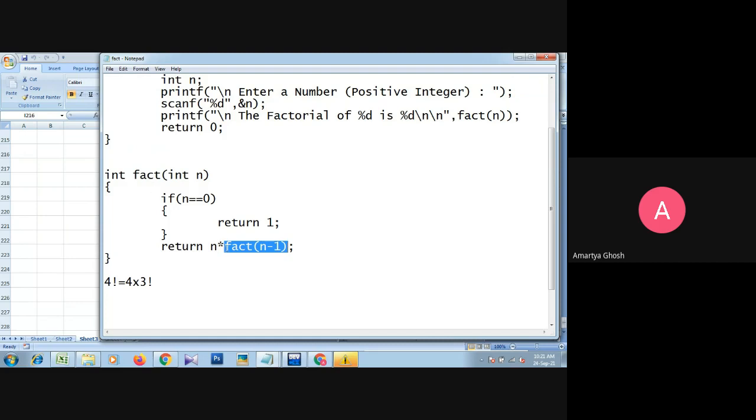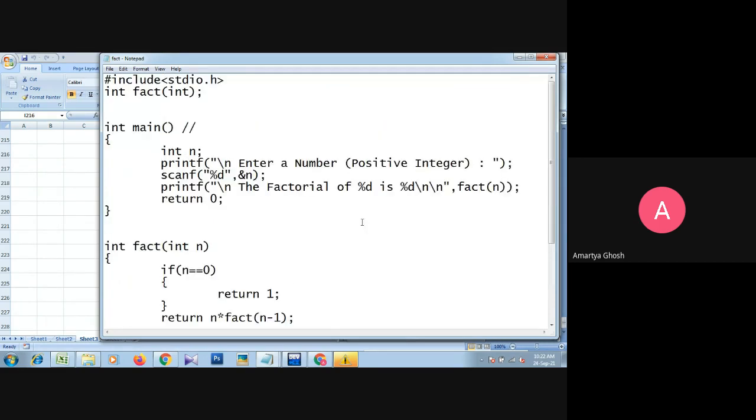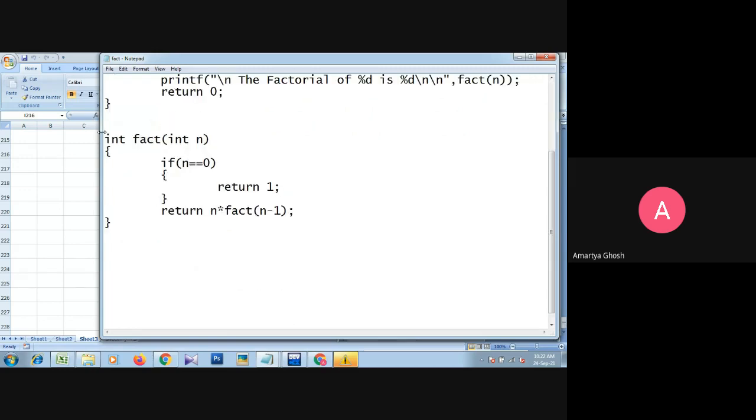The fact function is called by itself, but the argument is changed. Okay. So now, to understand this problem, I just copy this.